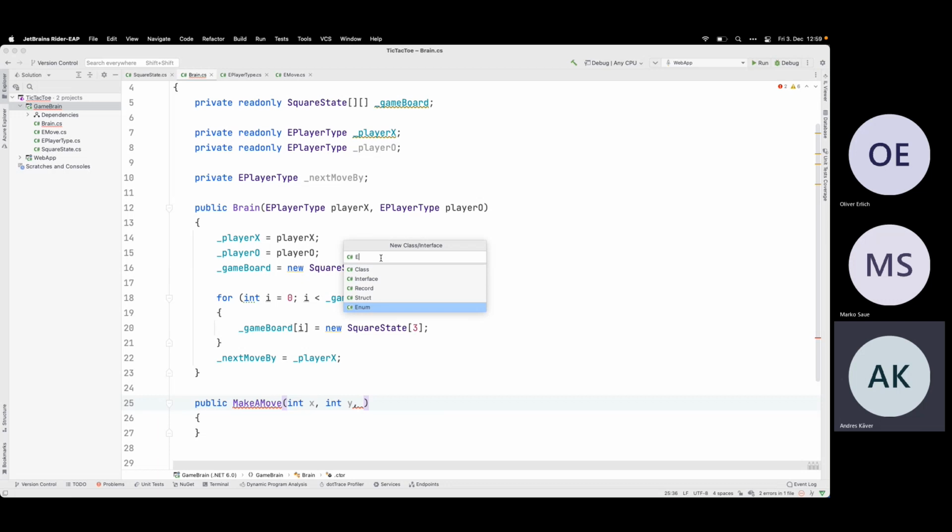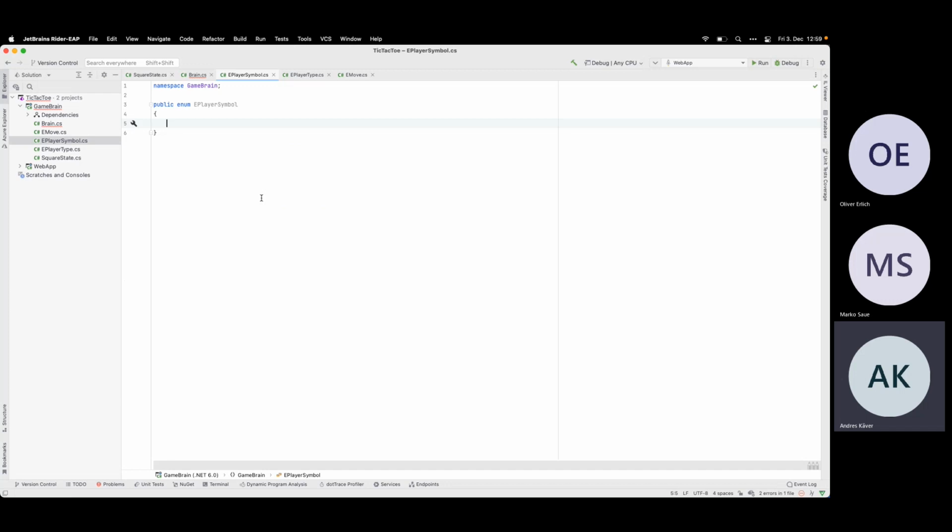So it's an e player. Let's call it symbol. So we have just two. Basically, it's a boolean. I can say it like true, false. It's exactly the same.